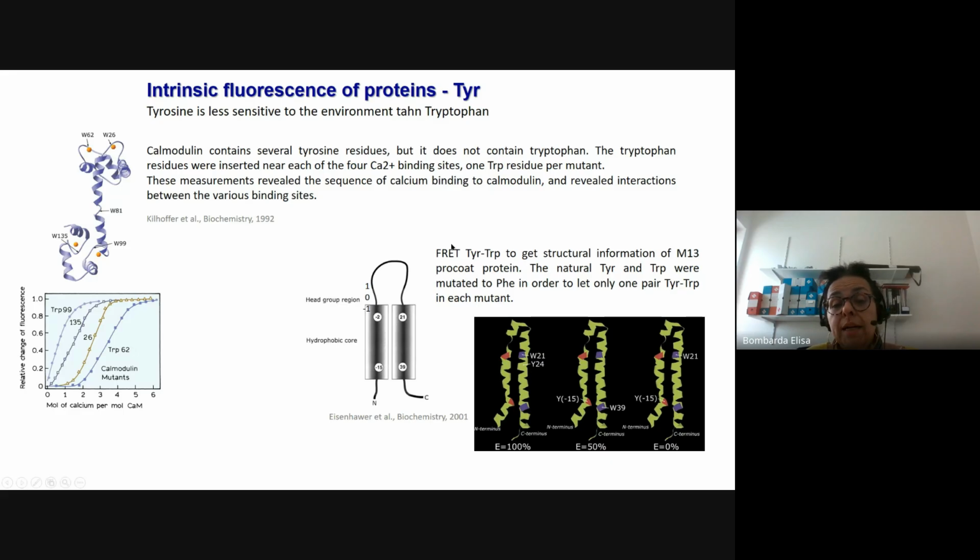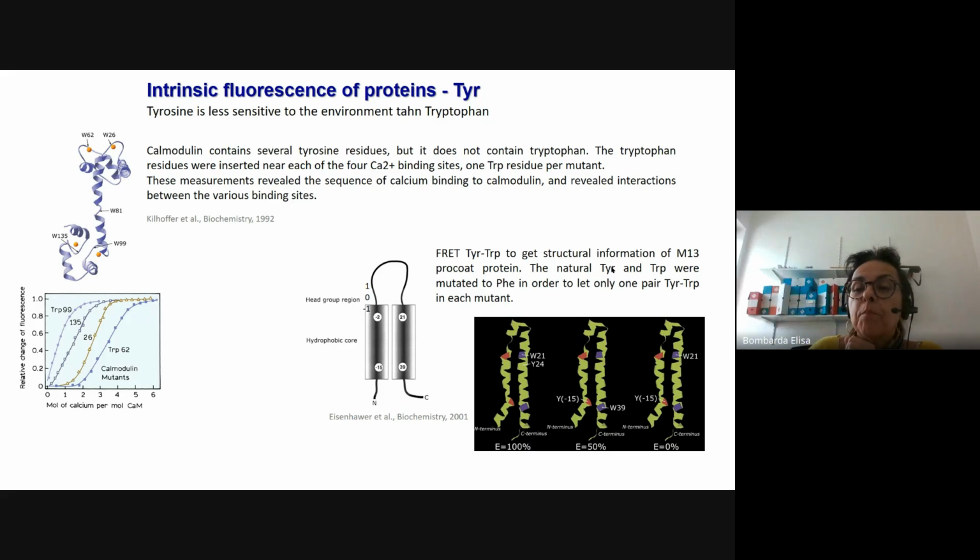And this is what was done in this work, for example, where there were some natural tyrosine and some natural tryptophan, but with some mutational study, tyrosine was substituted in one place and a tryptophan added in another one. So to create, let's say, a FRET pair